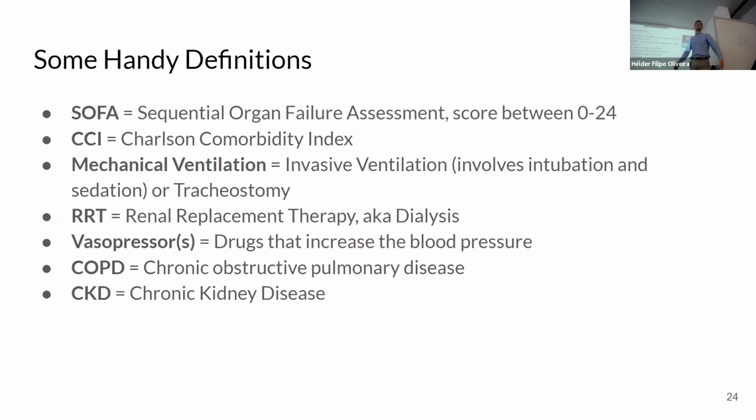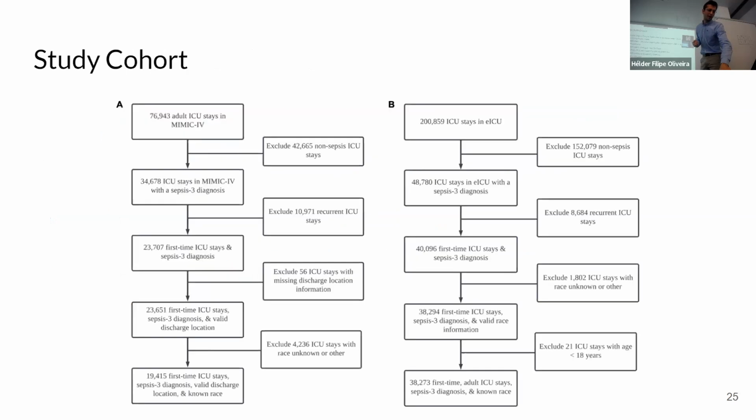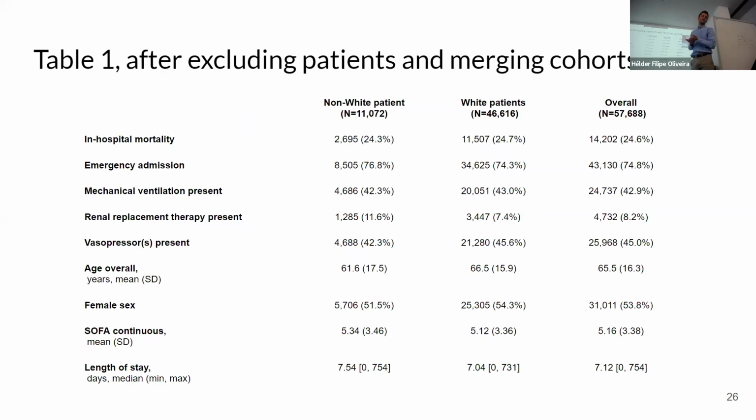They get very sick, very hepatic, so they basically give them vasopressors to increase the blood pressure. And then COPD and CKD are some comorbidities that we adjusted for. So, as I said, we used MIMIC 4 and the eICU-CRD. These are our inclusion and exclusion criteria. In the end, we got 57,000